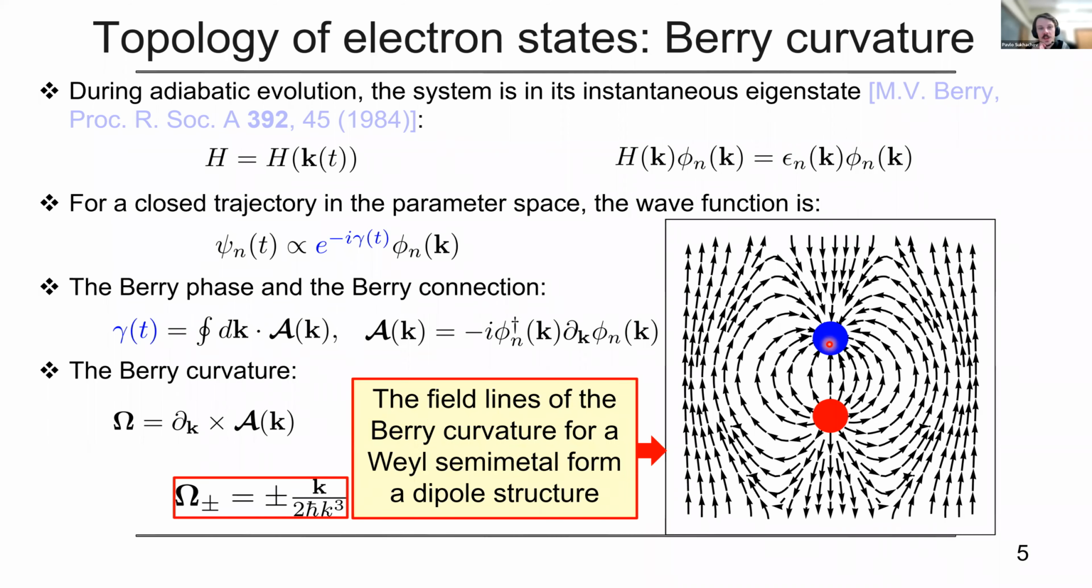What's the lesson? Our Weyl metals have a nontrivial topology quantified, for example, by the Berry curvature. And this Berry curvature is reminiscent of a magnetic field, but which acts in momentum space rather than in real space. Such analogy suggests